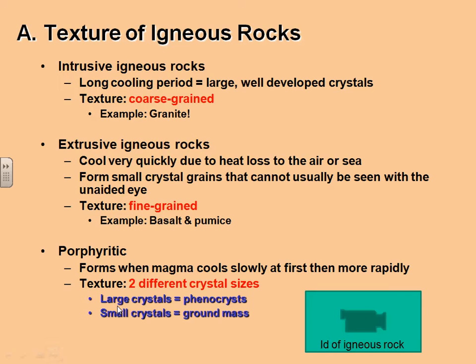All right. So what do we get when we have intrusive versus extrusive rock? Well, intrusive rock, because it takes a long time to cool, right, it is coarse grain. And I'm going to show you some examples. I've got some on slides, or pictures that I've taken. So intrusive igneous rock, real long cooling period, so that it gets really big crystals and well-developed ones, and so it becomes coarse grained. And that kind of looks like